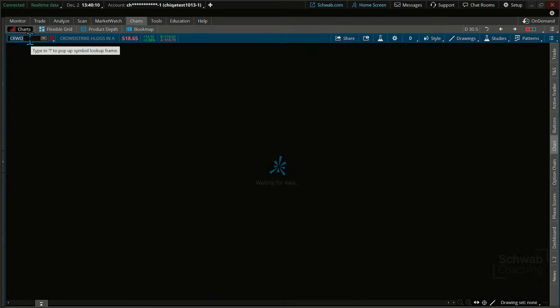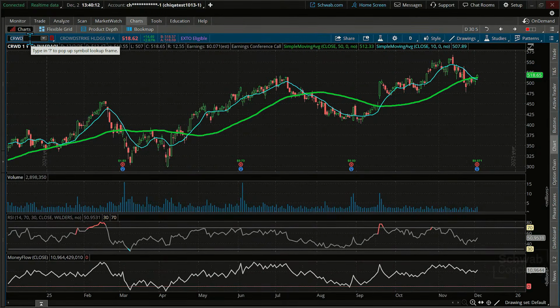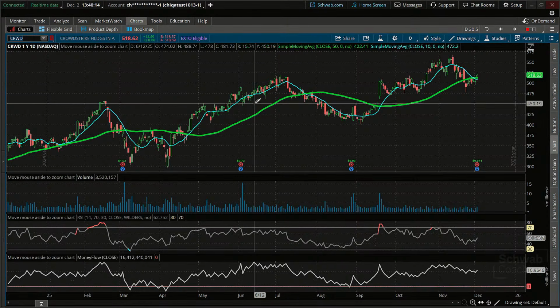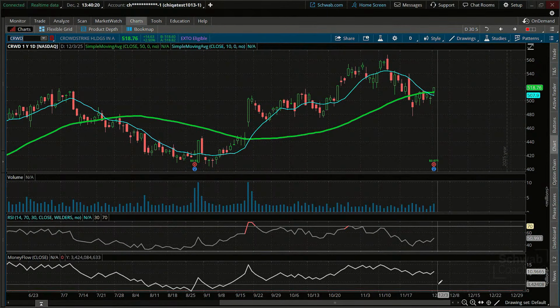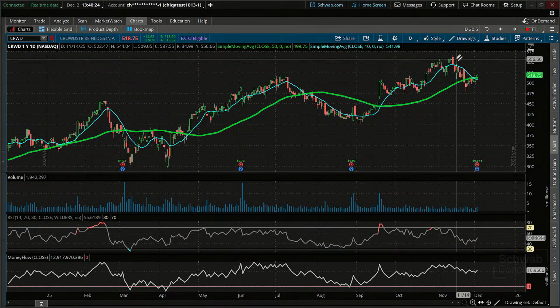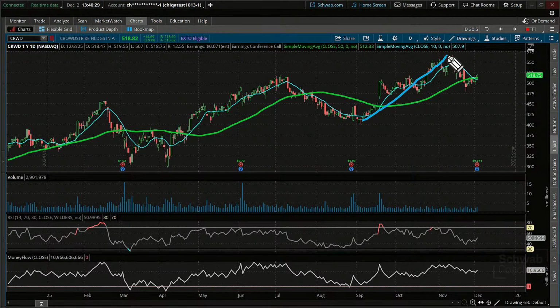CRWD. I noticed this popped up. It was also an earnings. Oh, wait, yeah, it's after hours. Okay, well, wait and see what happens here on this guy. But everybody see that? It's kind of a potential flag pattern right there. Just above the 50 today and the 10. So that's another one, similar to a Shopify only in the sense that it's getting above both of them today.